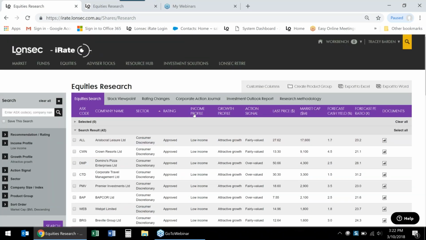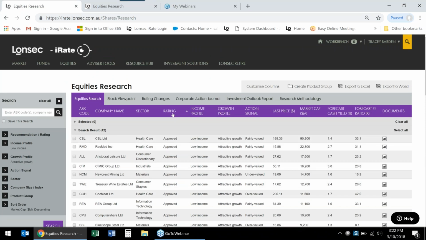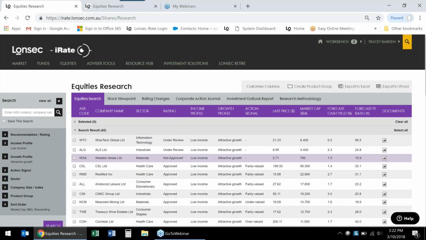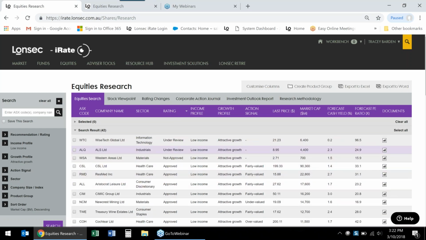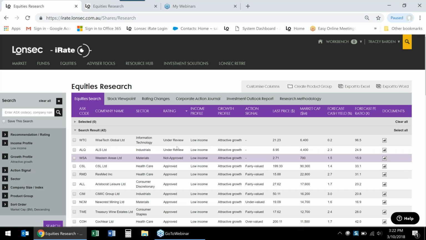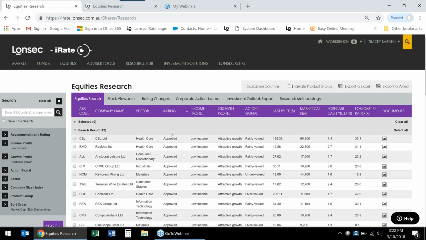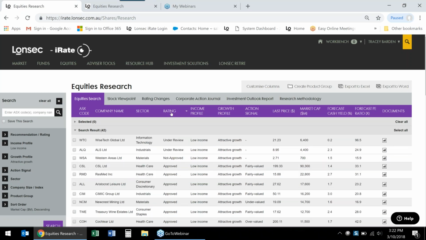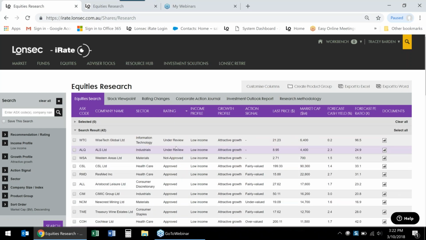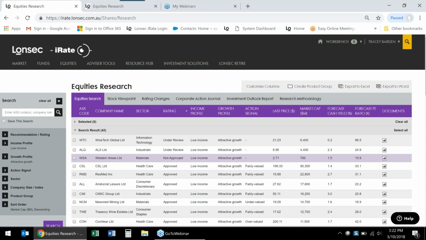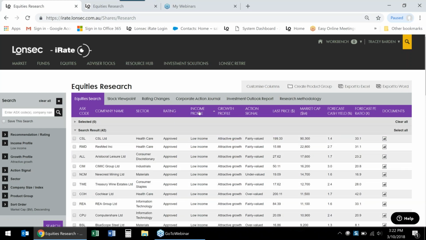And again, it works in the same way if the rating was approved or not approved. But in this case, the rating is slightly different. So some of these are under review because we didn't click on a rating. So if I just want the approved ones, and now if I want to see the ones that are not approved, we have 1 not approved and 2 that are under review. So you can click on those just to change the display around and group those together.